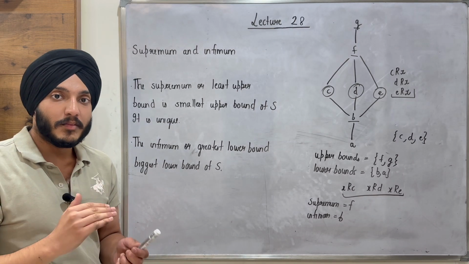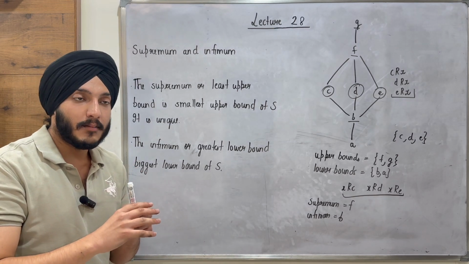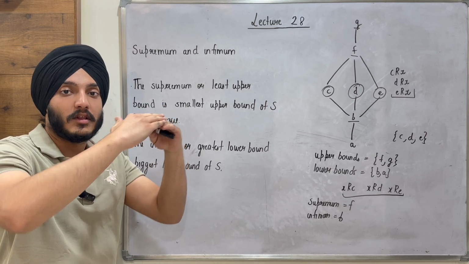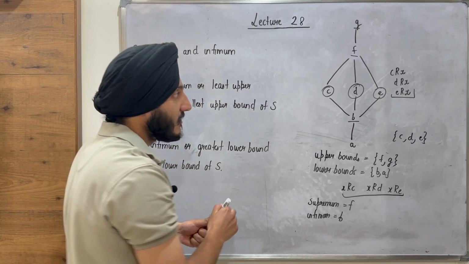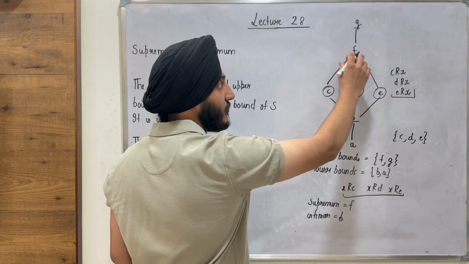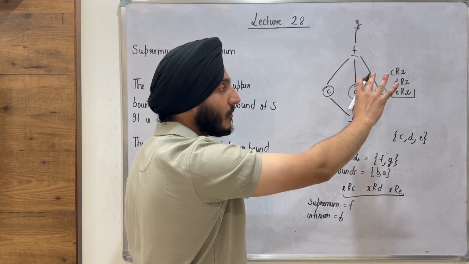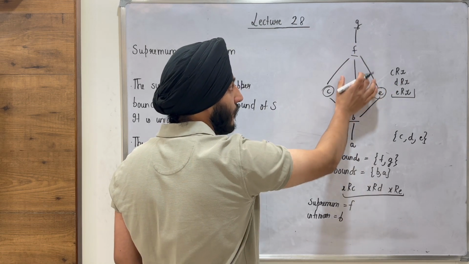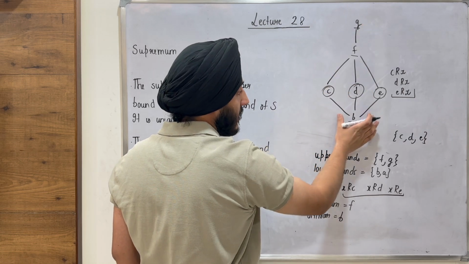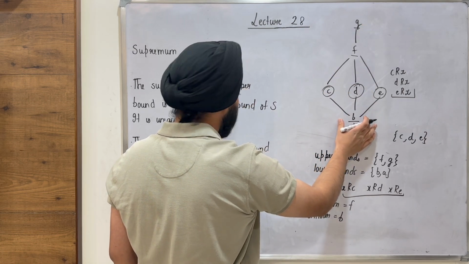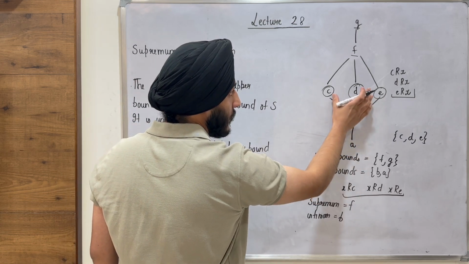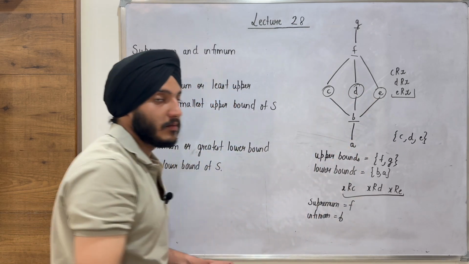When you talk about supremum, if you look at the Hasse diagram, it is basically the upper bounds, but the first upper bound in that case. So in this case, this is the subset I was considering. The first upper bound, or I should say the least upper bound, is going to be F because it's the first one that we encounter, and then we encounter G. But the greatest lower bound is simply going to be the one step below the set of elements that